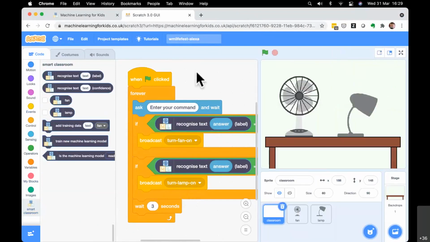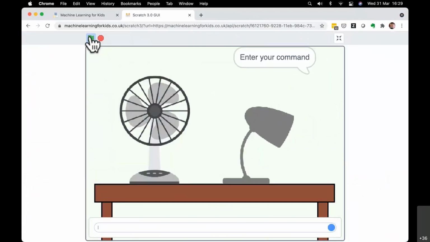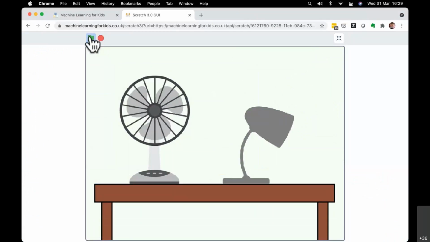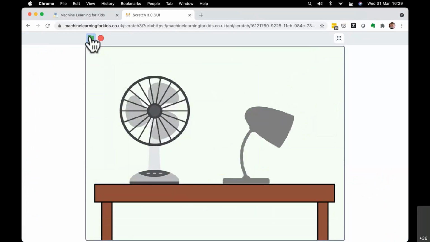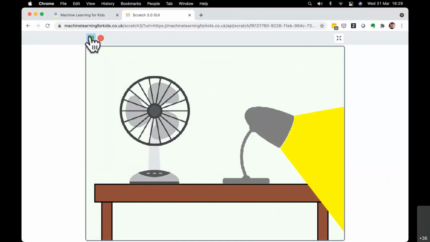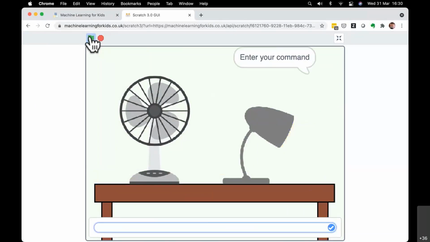So I'm going to click on the green flag, and I'm going to type in, I would like you to turn on the fan. Yay, there we go. And hopefully, however I phrase the command, I want the light on. Hopefully, however I phrase the command, even if it's not an example that we have used before, it will have learnt from the examples we've given it what I probably mean, and it will be able to do the right